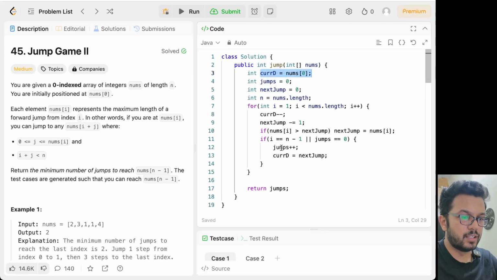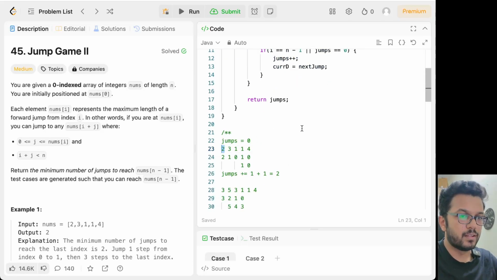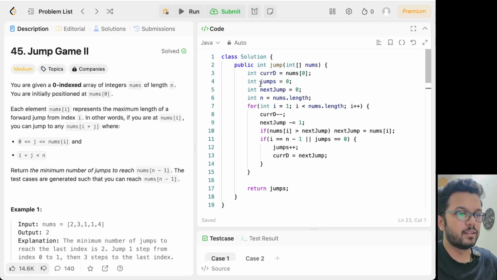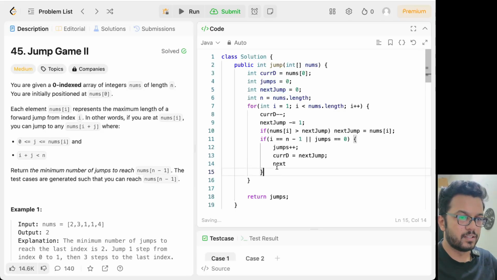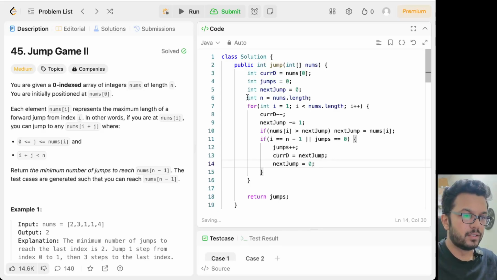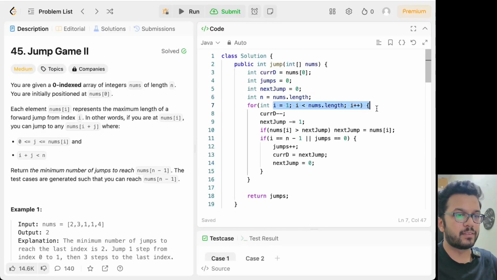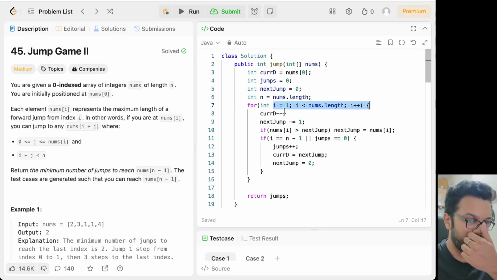So initially you have this power which is being given to you, right? And your initial number of jumps is 0. Your next jump, you can initialize it as 0 because you haven't picked it up yet. Okay, and you also need to make this next jump 0 here. Okay, now you have the length. You start from the next index and go till the last, right? And now what you say is